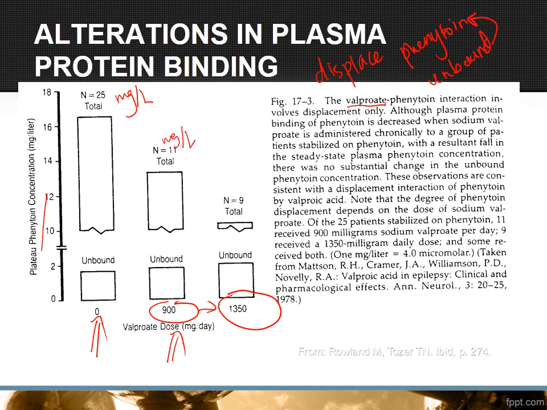And when they further increase the dose of valproic acid, the plasma concentration of phenytoin further reduced. Sorry, just now we talked about increasing the dose of valproic acid. So this means when you increase the dose of valproic acid, you will increase the displacement of phenytoin, and more phenytoin is free. And they will have the equilibrate between the bound and unbound